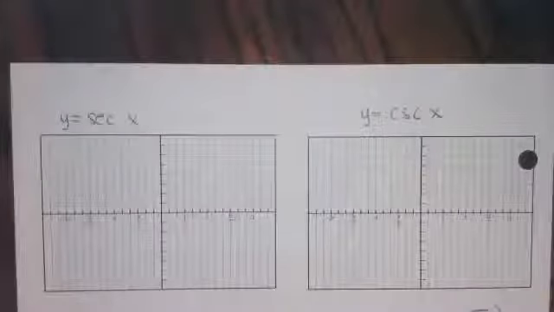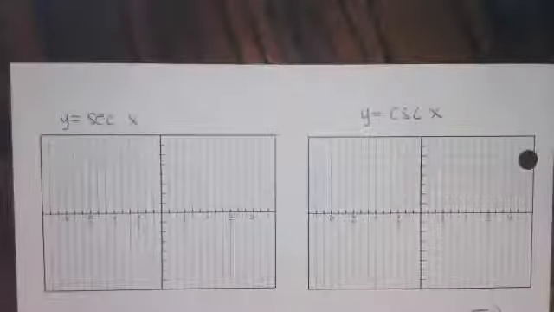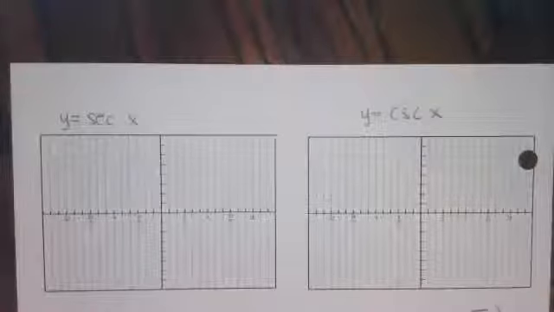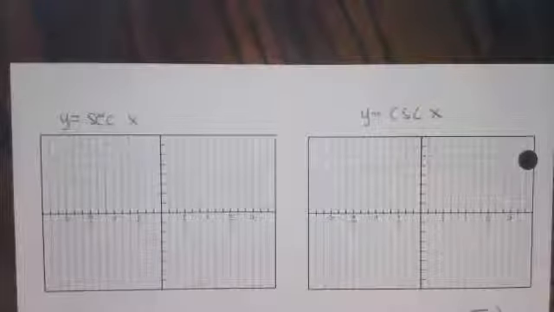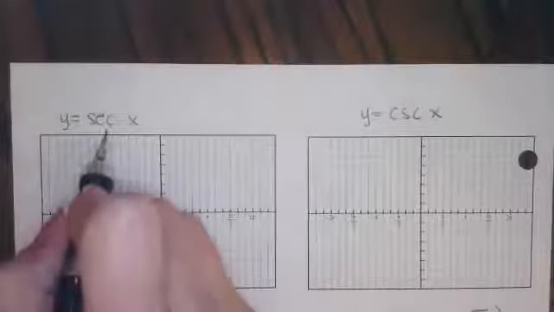All right, today we're going to go ahead and continue with our graphing of the trig functions. And today we're going to graph the secant graph and the cosecant graph. In order to do that, you really need to know the cosine and sine graphs. Because remember, the secant of x